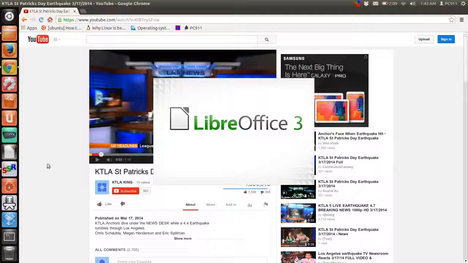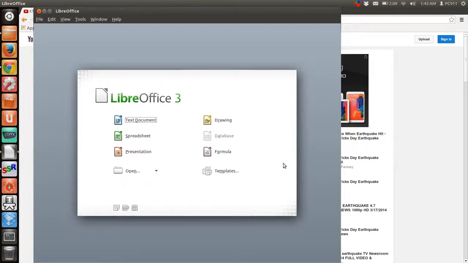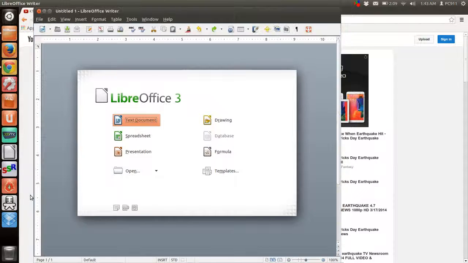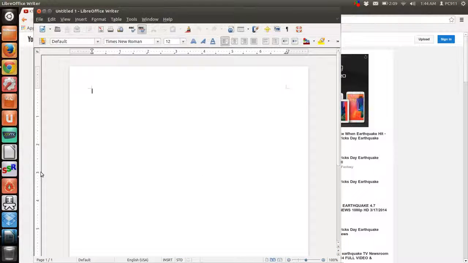LibreOffice. This is basically a free open source software, which would be equivalent to your Microsoft Office. And again, you'll see here you got your text document. Again, this is just an application. It comes already pre-installed as part of the package. So you have your document, and again, here, very compatible. If you just type something there and you want to save as,